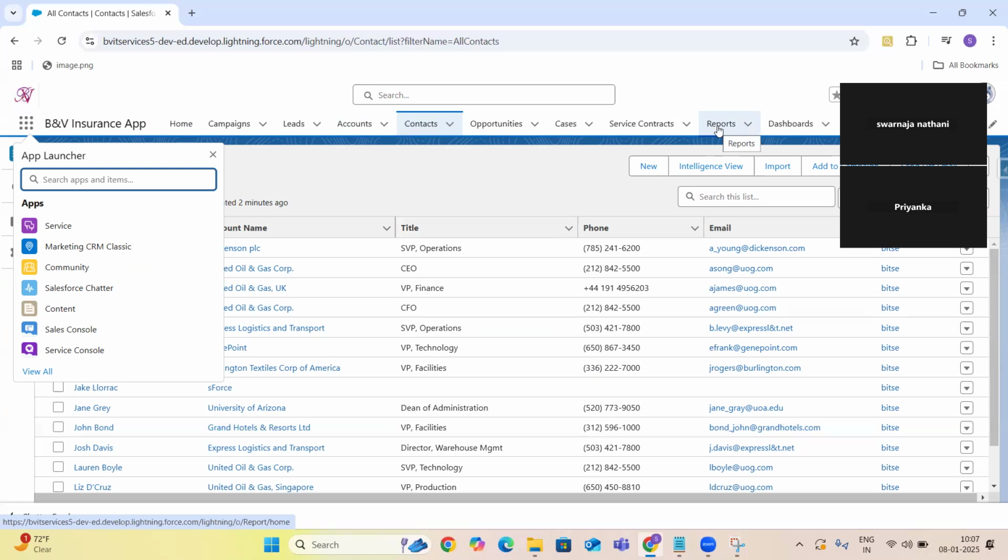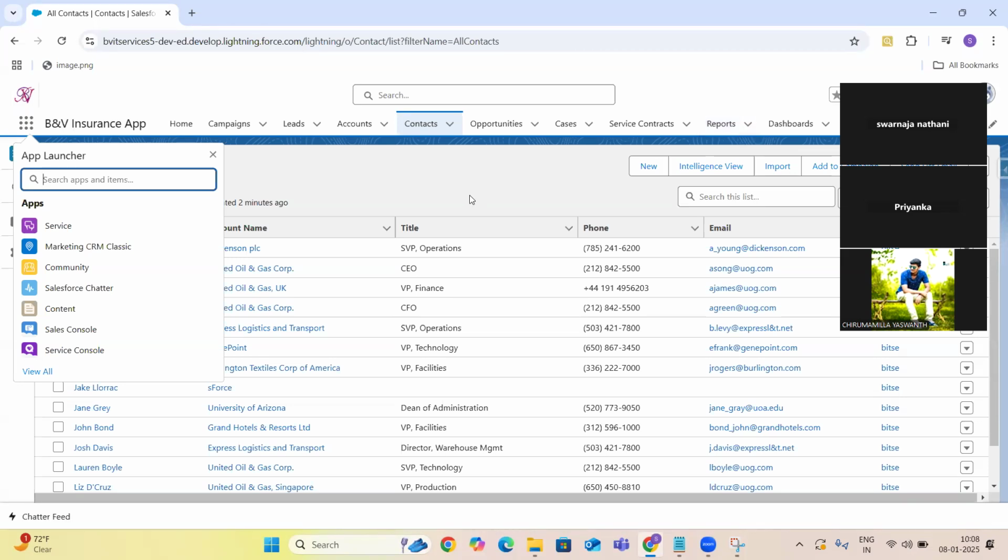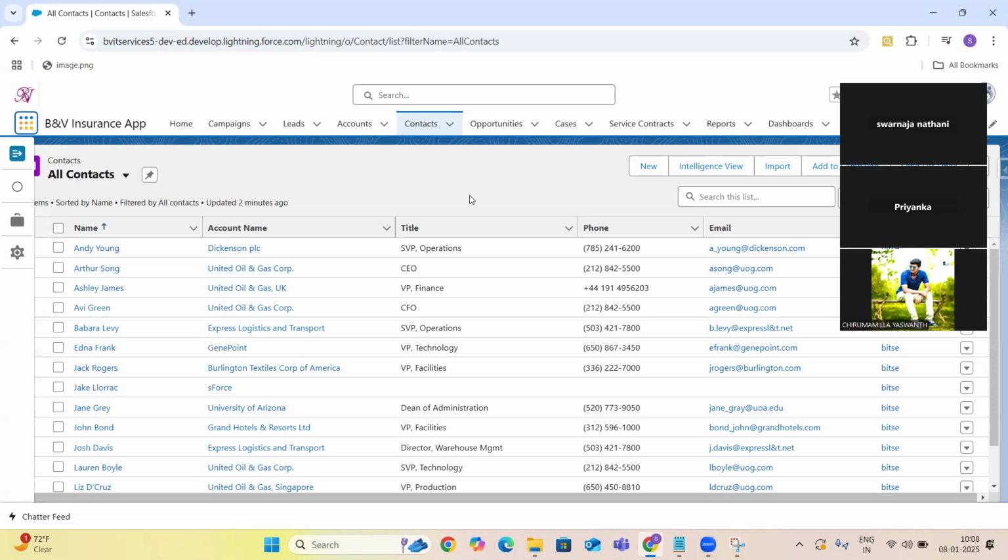You can also control which fields they can access, whether they have edit permission or just view permission. But using profiles and permission sets, you can't control how to share the records among the profiles.